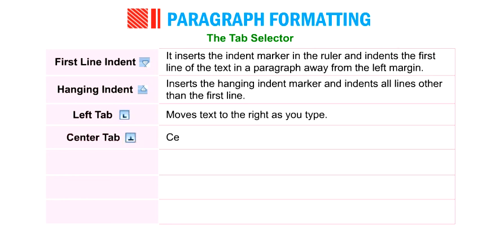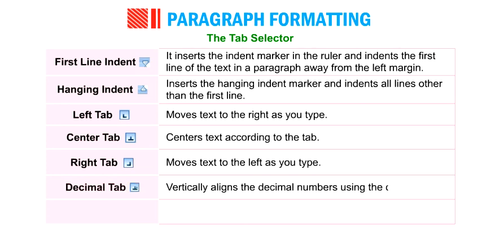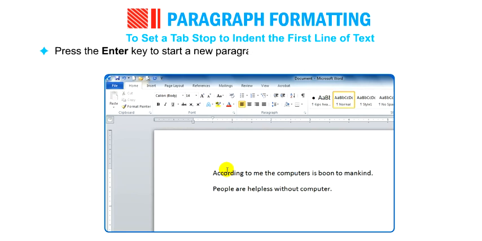Center tab. Centers text according to the tab. Right tab. Moves text to the left as you type. Decimal tab. Vertically aligns the decimal numbers using the decimal point. Bar tab. Draws a vertical line on the document. To set the left, center, right, and decimal tab stops,